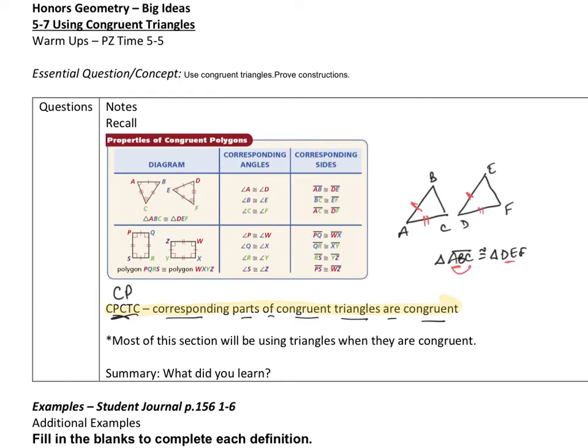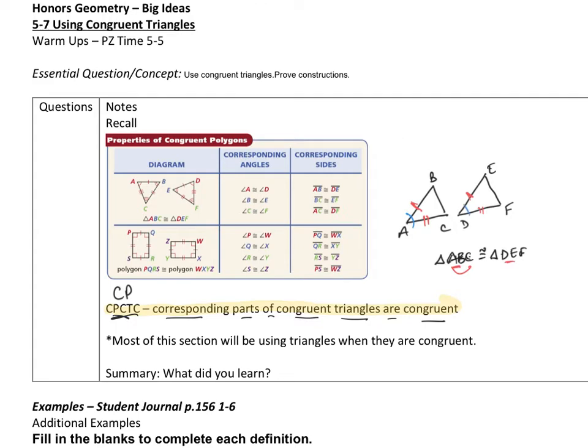I just noticed here, I don't know why I put a line above ABC, so let's see if I can erase that, if the software will let me. Sometimes it's finicky. It's not going to let me this time. Let's try it one more time. There it goes. Okay. So ABC and DEF, and then you can do the angles as well, like angle A